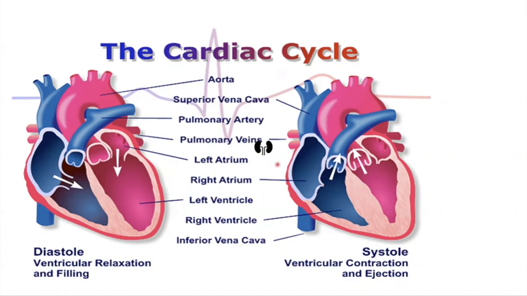In the second cycle, the tricuspid valve and the bicuspid valve close, and the semilunar valves open up, and the ventricles contract, and pressure is given to the blood, so it pumps out. The blue blood is given to the lungs for purification, and the oxygenated blood is given to the other organs through the aorta. This phase is known as systole. In this, ventricle contraction happens, blood is going out, and ejection is going on.